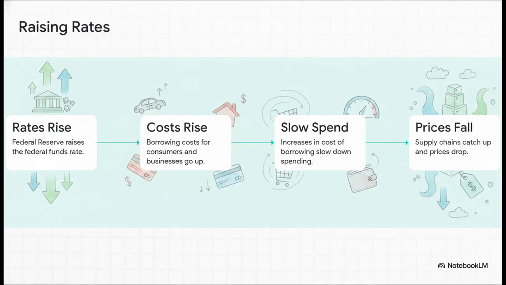Let's follow the actual mechanics of how this plays out. Say inflation is running really high. The Fed steps in and raises the federal funds rate. Immediately, borrowing costs go up across the board. Auto loans, mortgages, credit cards, you name it. Because taking on debt is suddenly so much more expensive, consumer and business spending naturally cools off. With fewer people rushing to buy, supply chains finally get a breather to catch up to the demand, and ideally, prices stabilize without crashing the economy.